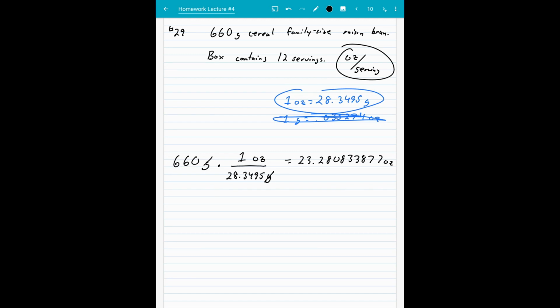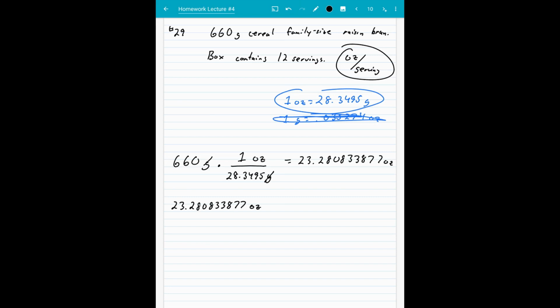Now what I do is I keep that number stored on my calculator. I don't type it in. I don't type in 23.28083387. There's more numbers after the 7. There's an infinite amount of numbers that the calculator stores. So keep the number that's on your calculator currently, because we want to take that number,